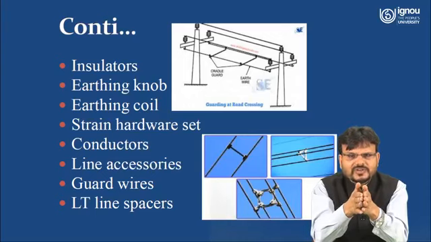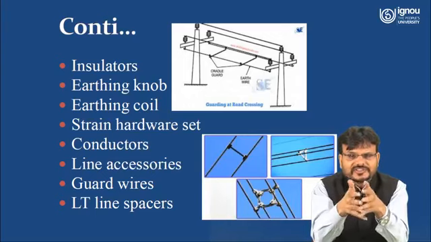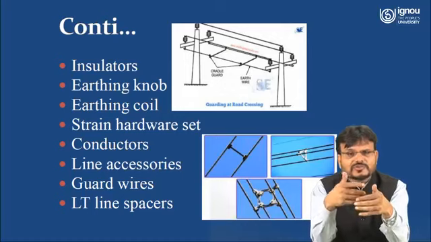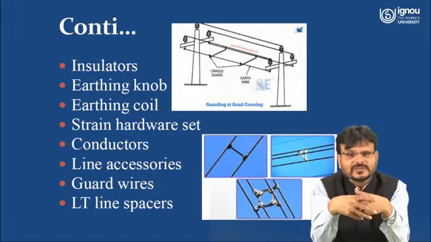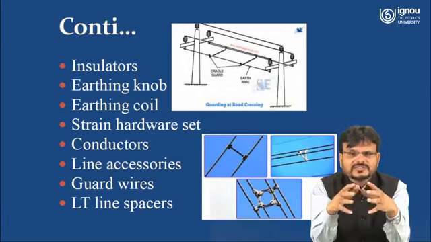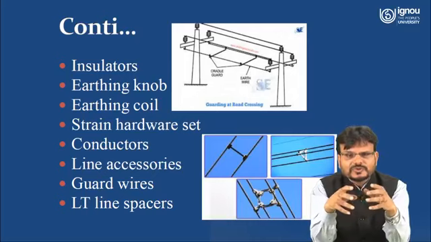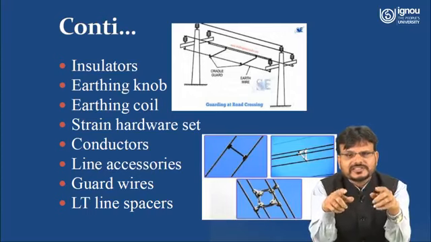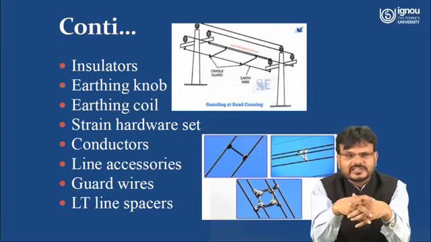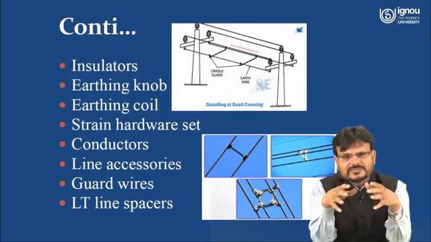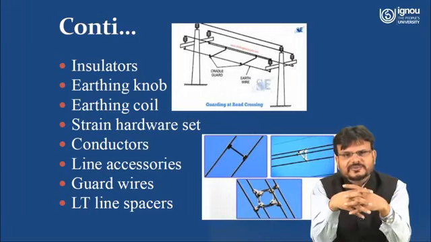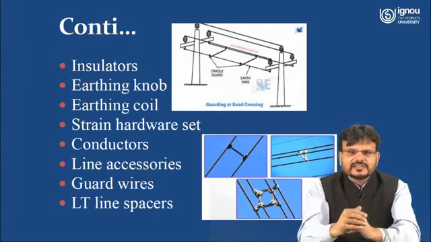It may touch, and what does that mean? A fault is coming, that means a short circuit, and short circuit means what? A huge amount of current will flow through the wire. If a huge amount of current flows through the wire, heat will be developed, so the whole system may be damaged. So to overcome such a problem, you have to maintain the distance between all three conductors if you are using three phase three wire. For this, to maintain the distance between these three wires, line spacers are used. Here you can see in the diagram.